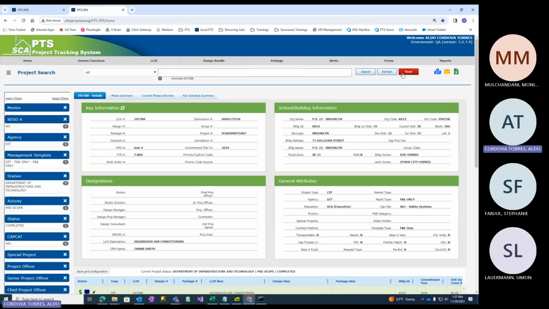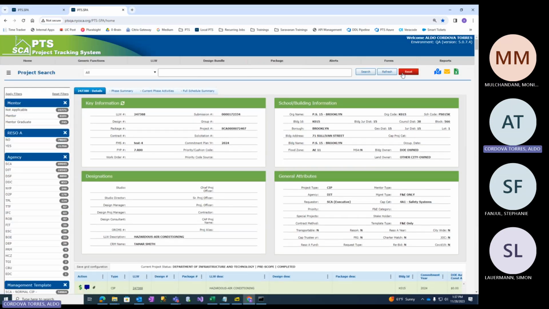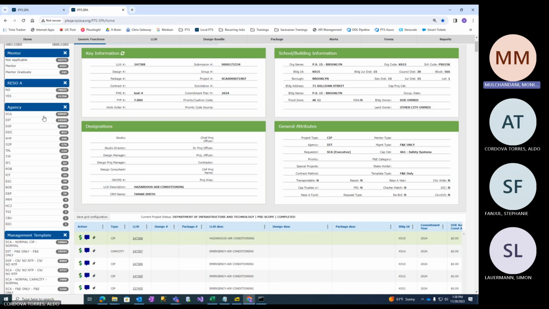Okay, click reset. Now just focus on the agency part of the filter. So you see there's SCA, the first one, which is what I explained. Go to this blue bands, the panels. Okay, so we have SCA, which is the first one, which is what I explained, that when a project